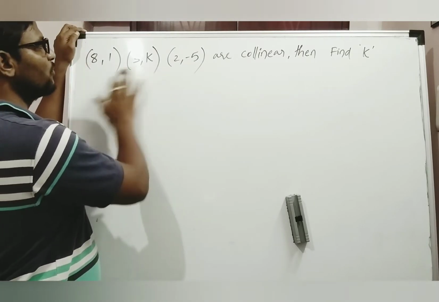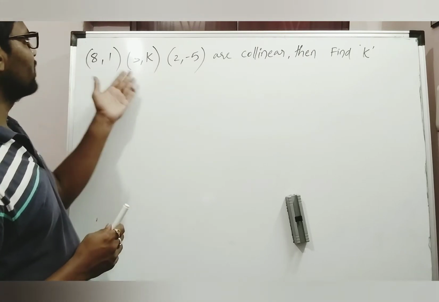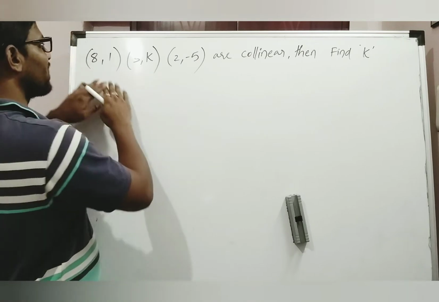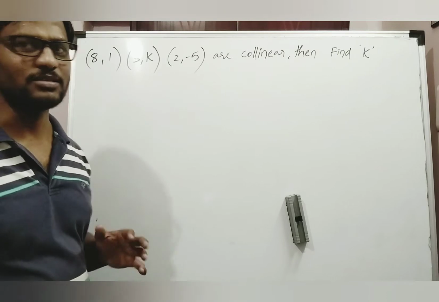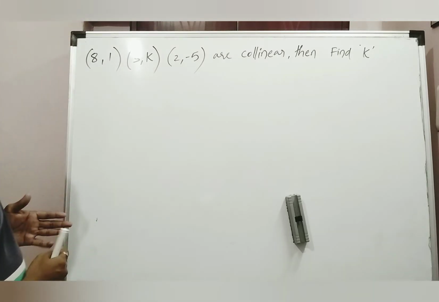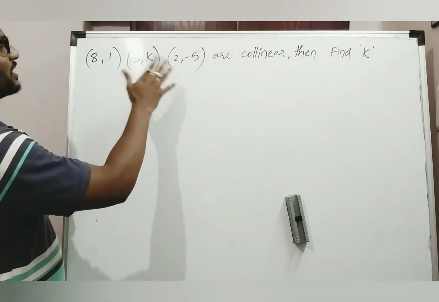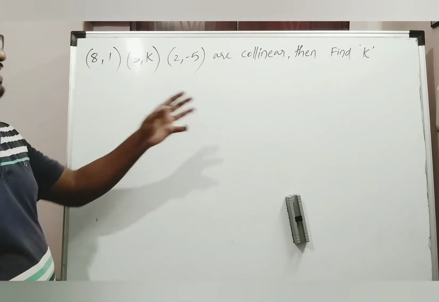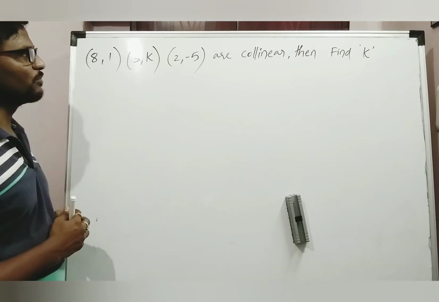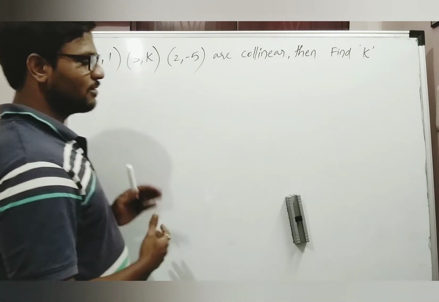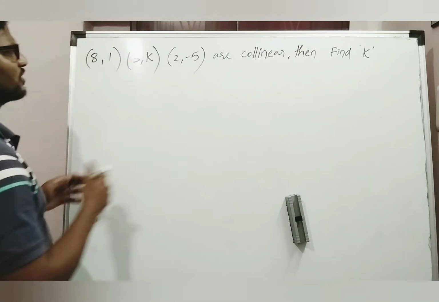These 3 points are collinear, it seems. We have to find the missing value. Since the 3 points are collinear, AB plus BC equals AC, and the area of the triangle formed by these 3 points equals 0, and the slope of AB equals the slope of AC. So we can take any of these 3 methods. But I suggest the slope formula, because finding the lengths of AB, BC and AC gives irrational numbers and the equation is also very lengthy. Using the area formula, we have to write modulus of 1 by 2 modulus, set it equal to 0 and solve it. That is also lengthy.